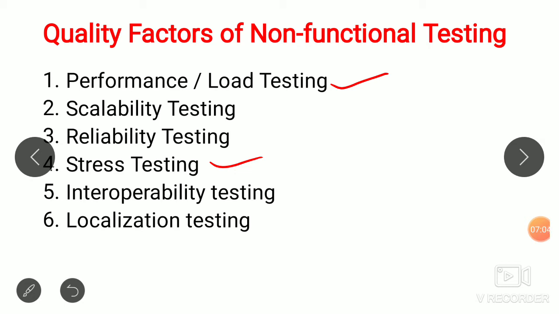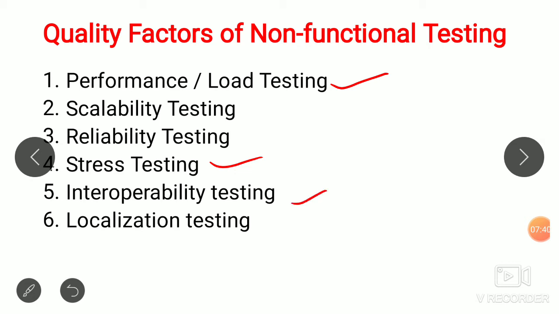Here we are going to evaluate the system beyond its limits or system resources. Here system resources means disk, memory, processor utilization. If you are working beyond the limits, then also it should not break. That is called stress testing. An example is, if there is insufficient memory, then also your system should not crash, or with inadequate hardware. If your system is not compatible, then also it should not break. This is all about stress testing.